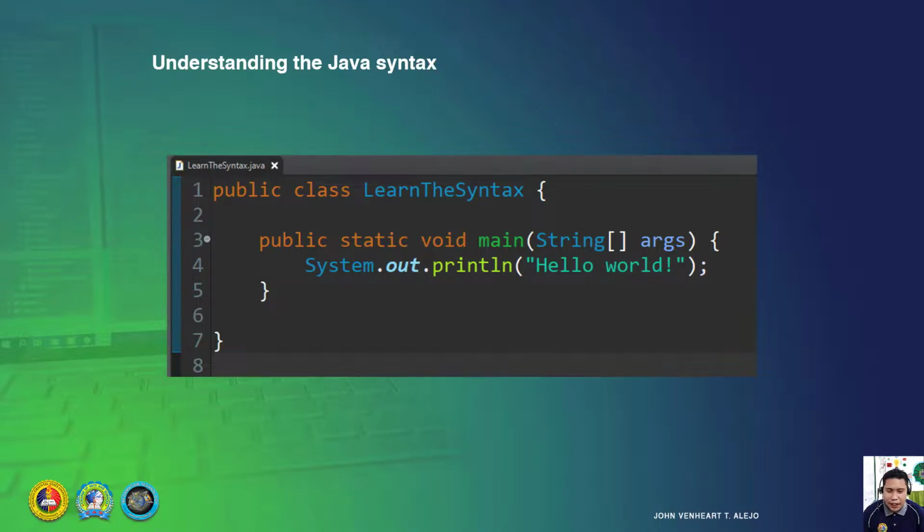Okay. Thank you. So, every file, every class, nakita ninyo na left brace and right brace because inside of that one is what we call class body. And the class body, everything there is owned by the class. So meaning if that class is public, everything inside of that class will be accessible.